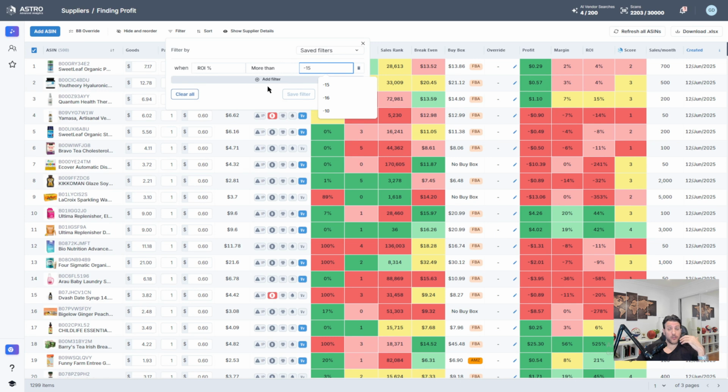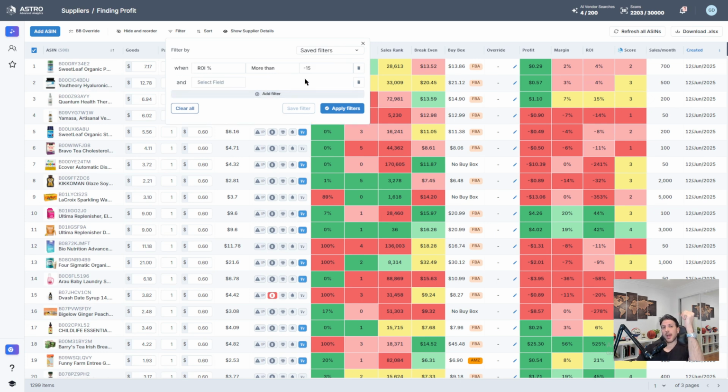Because if you find something that has minus 15% ROI and it has 10,000 sales a month and you can buy 2,000 of those, trust me, your supplier will be interested in giving you a hefty discount. That minus 15% ROI ends up becoming a nice chunk, a nice bit of profit. So we're going to go for products that have a minus 15% ROI and up, and also